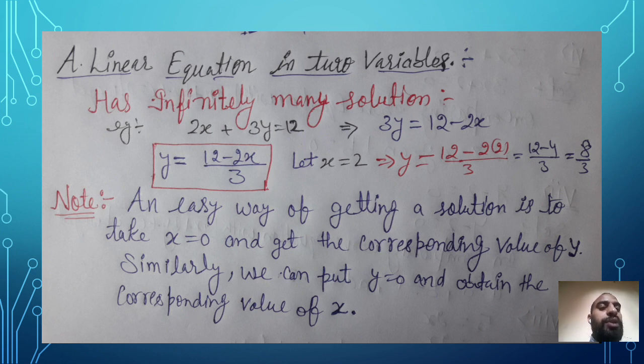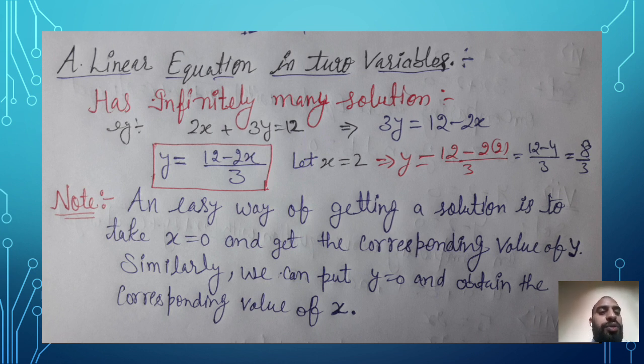In these questions you need to find out one variable on one side and the rest of the content on the second side to find out the values. So let's see how I did. First I have written the equation, that is 2x plus 3y equals 12. Then shift 2x from the left hand side to the right hand side, so it becomes 3y equals 12 minus 2x. Then 3 is multiplied with y, shift it to the denominator, it becomes y equals (12 minus 2x) upon 3. Now you can select any value of x.